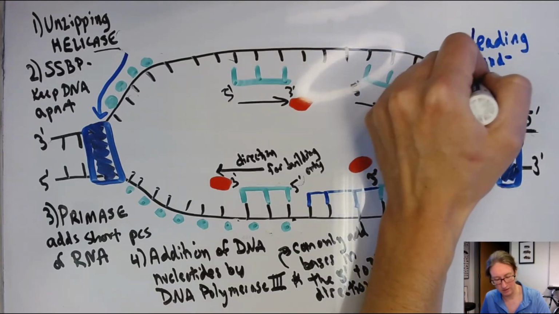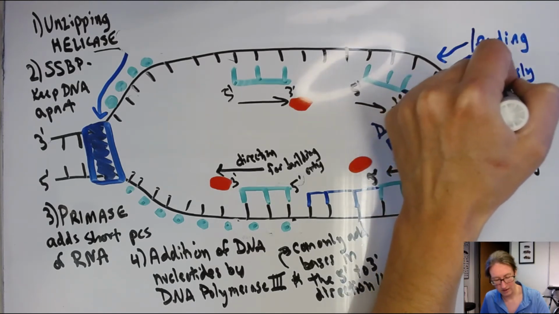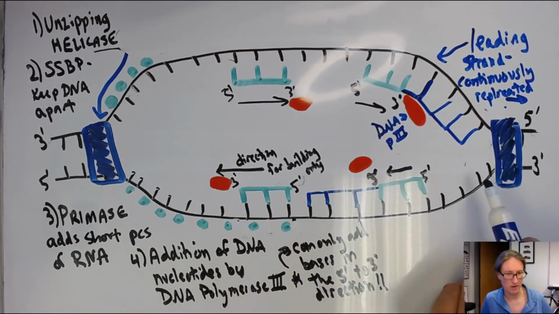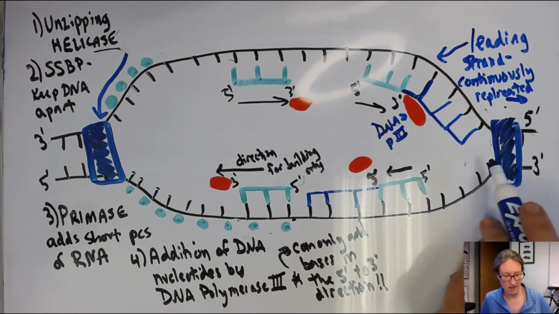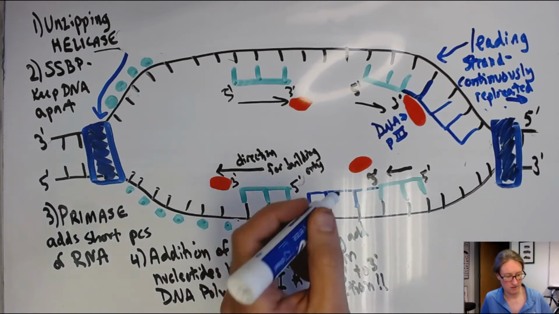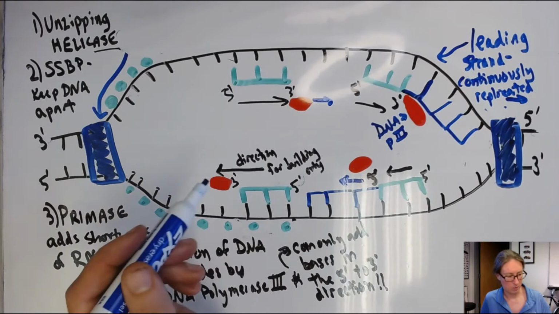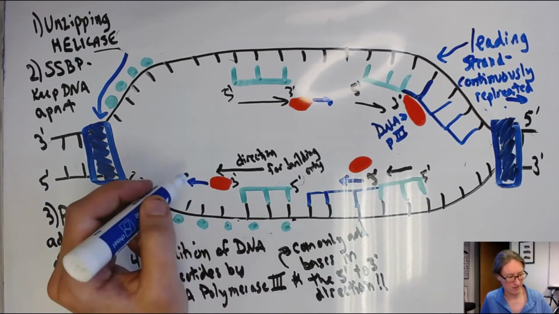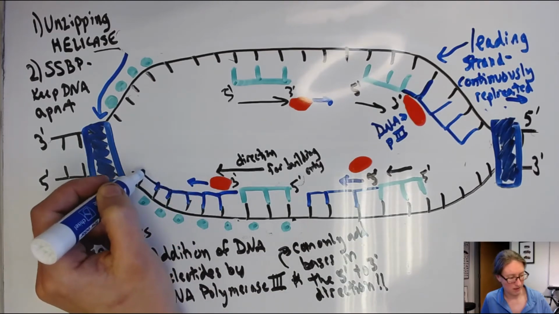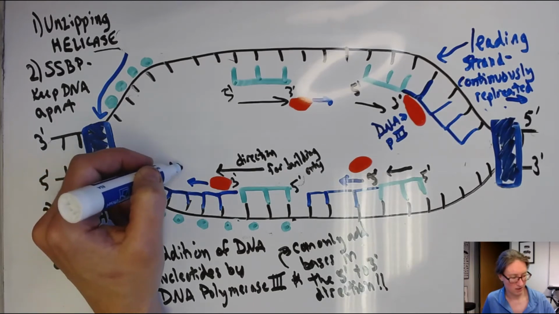So that's continuously replicated. And in contrast, we kind of have a problem down here where we can't add any more bases onto this primer in the opposite direction, right? Because this is a one-way enzyme. It can only build in the 5' to 3' direction, right? So we're fine down here on the lower left. We can keep building. And so on this left replication fork, here's our leading strand,